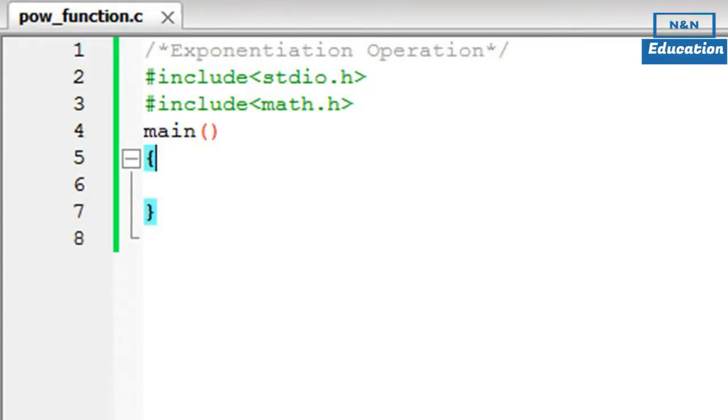This is the 10th tutorial in this course, and in this tutorial we are going to talk about the POW function, or the power function. The power function helps us perform the exponentiation operation. It might sound complicated, but it's actually very simple. If you have to raise a number to the power of something else, then you have to use the power